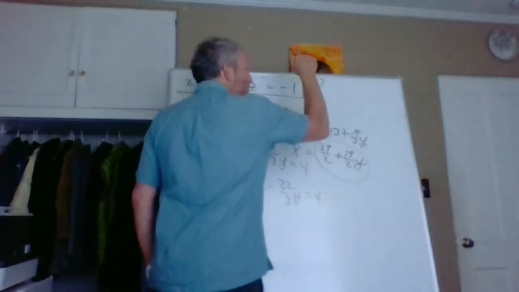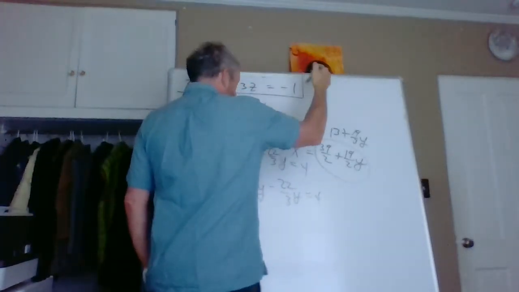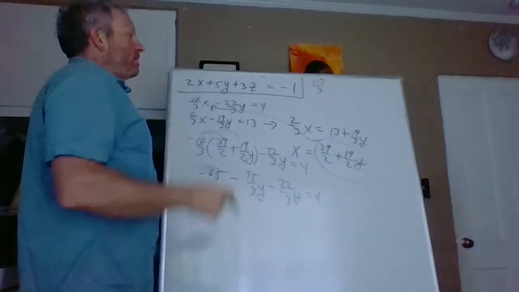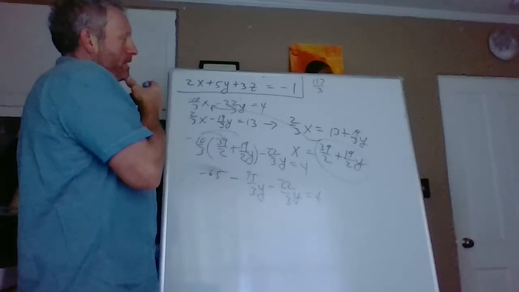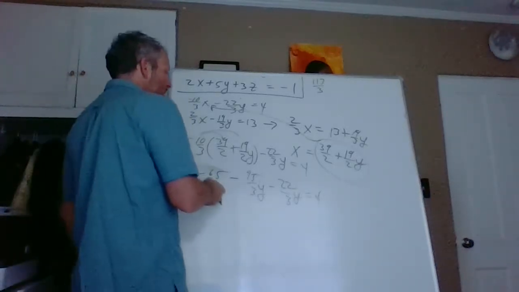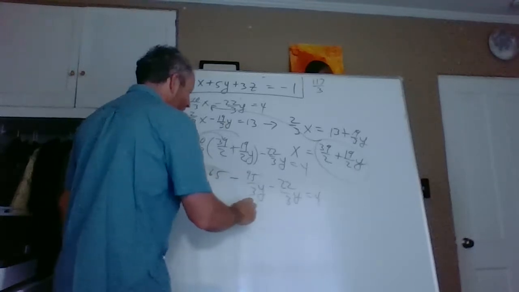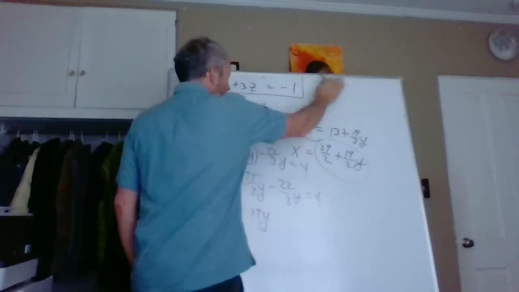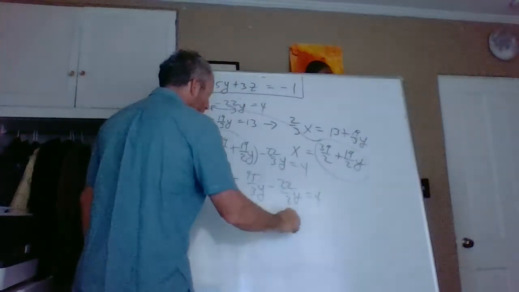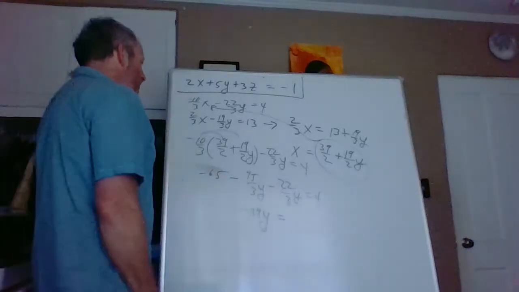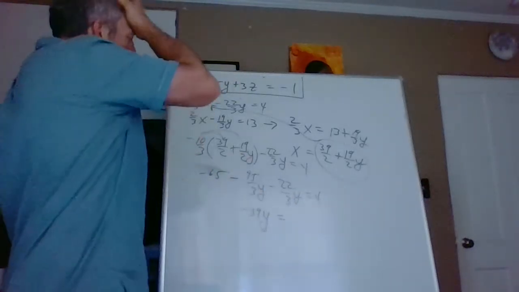This is just a little work that I'm doing off to the side here. 3 goes into 117. 3 times 40 is 120, so 39 times. So that's very nice here. So this is -39y. Okay, that was my scratch work up there, so I don't want to include that as part of the problem. Let's add 65 to both sides. And if I add 65 to both sides, well,